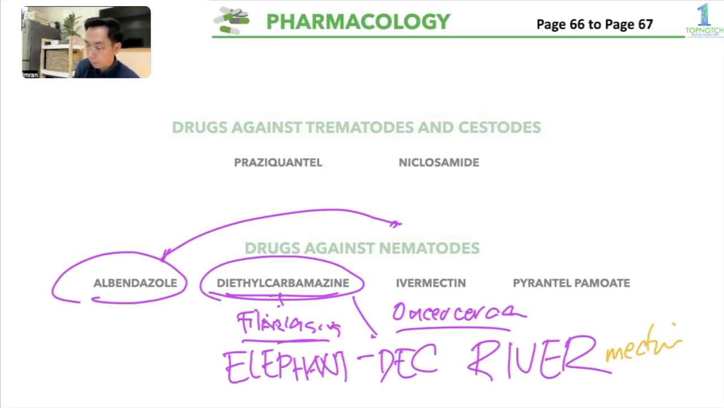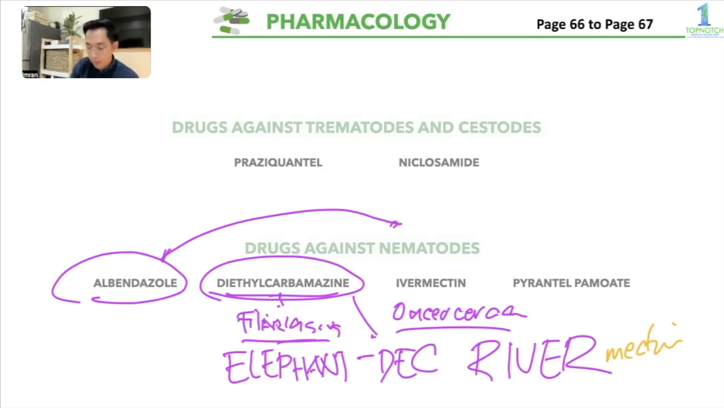Yung pyrantel pamoate, pwede rin siya for ascariasis, mga hookworms, and your pinworms. It's an alternative for that. Pero it is contraindicated in patients na may mga hepatic dysfunction. Okay, as a general rule, pag nematodes, the main thing that you have to remember is pag nematode siya, safe to answer actually albendazole. Pag kunwari wala ka ng maalala, except si mebendazole, which is given for your